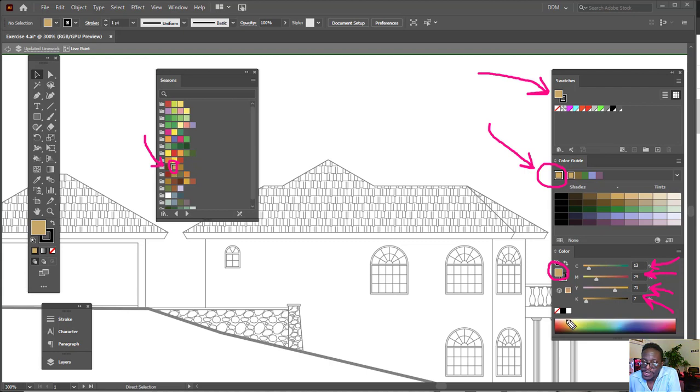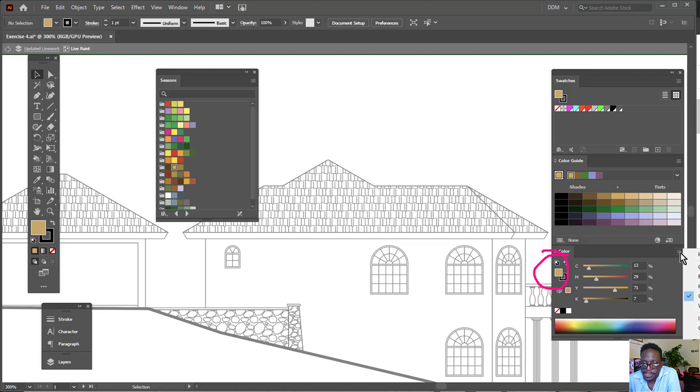Now, because of these tools, I can now get the perfect color that I want. So the next step would be to use my color panel here,